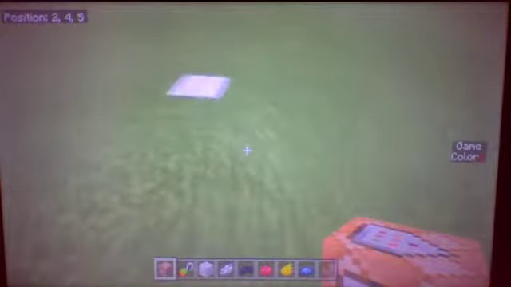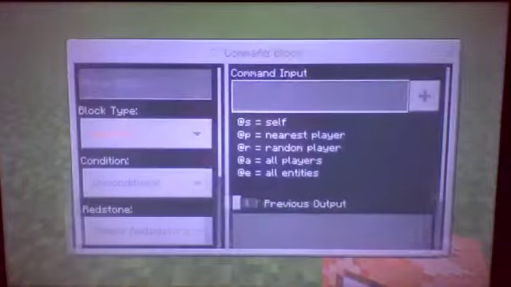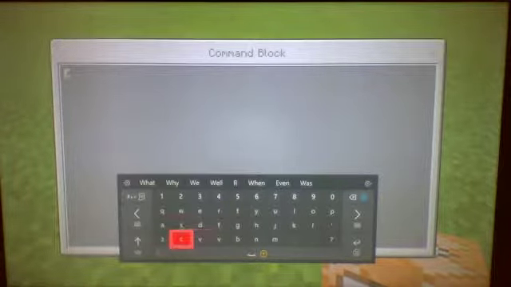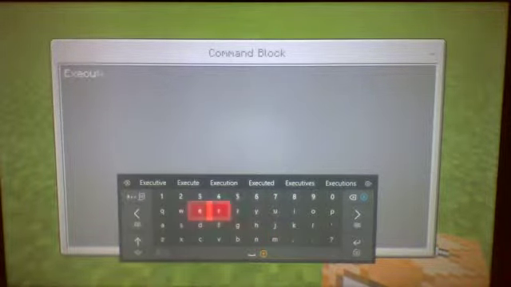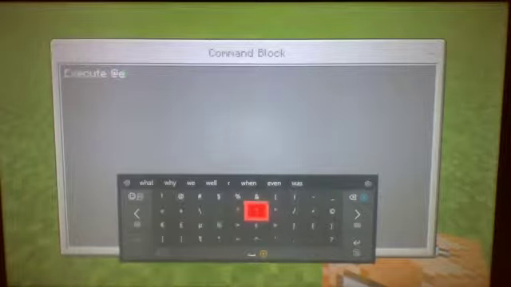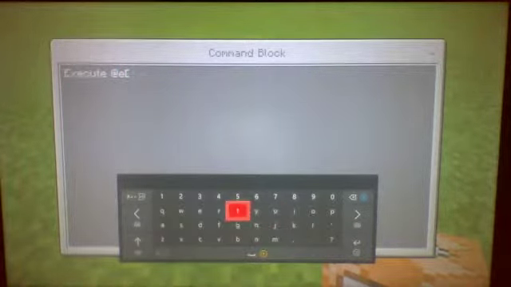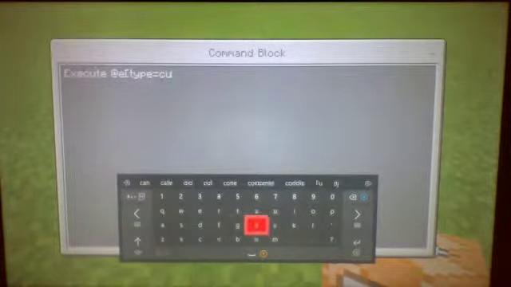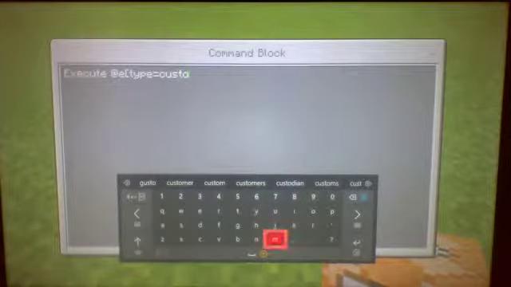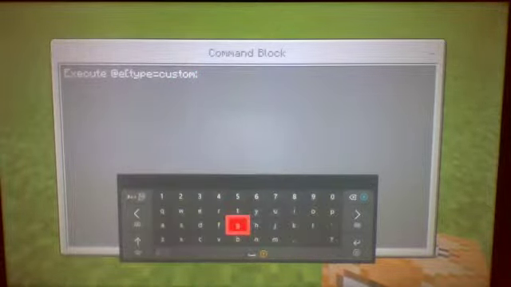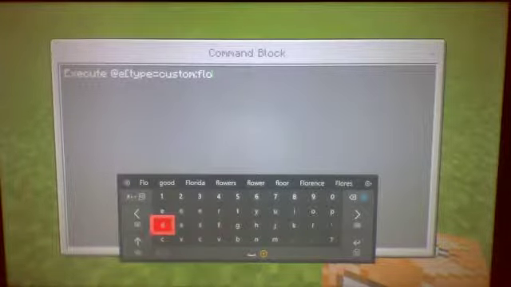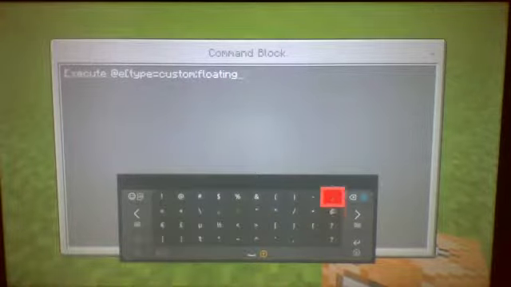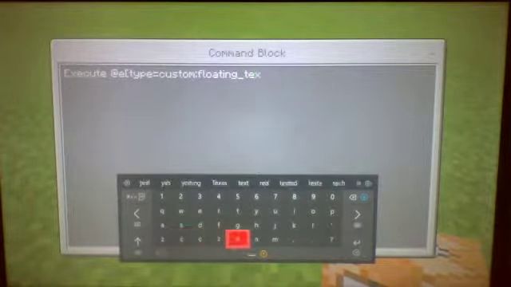So what we're going to do is go here and do repeat, always active, execute as all entities who have a type equal to custom:floating_text,